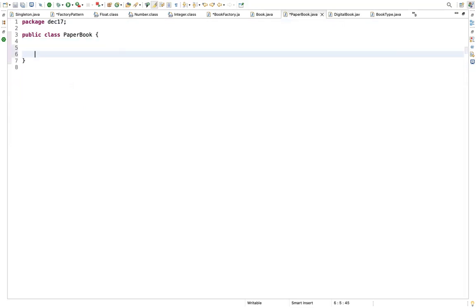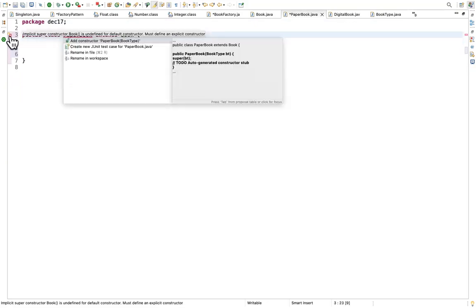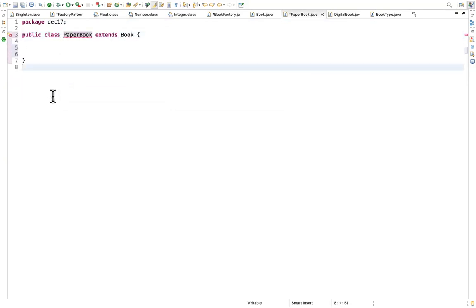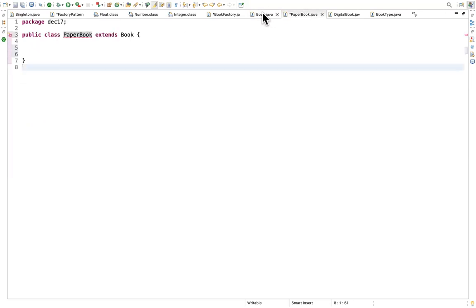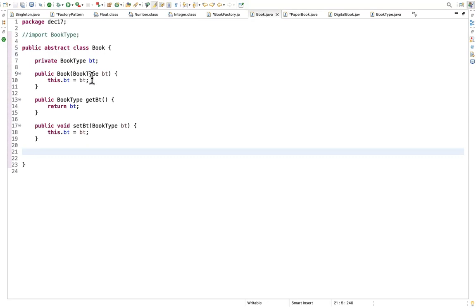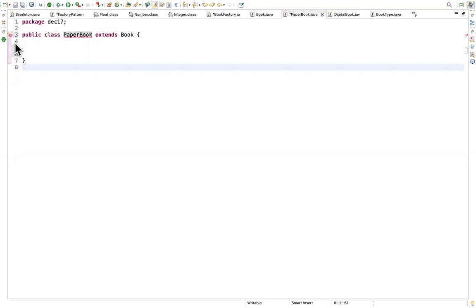Since that is an abstract class, we're going to extend it. So after your paper book, use the keyword extends and extend with your book class. Now if you see, whatever properties you define within your book are not yet defined here. There are no methods or attributes, we just had one attribute, book type alone. So you need to have one method to understand what is happening. I'm getting an error, like this one does not have a default constructor. Yeah, we don't have a default constructor, not yet created in our paper book. That is the reason you're getting it.